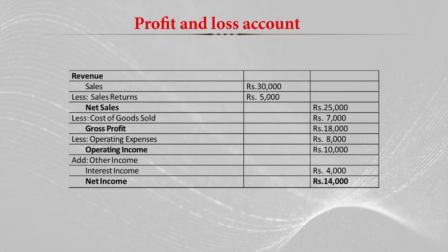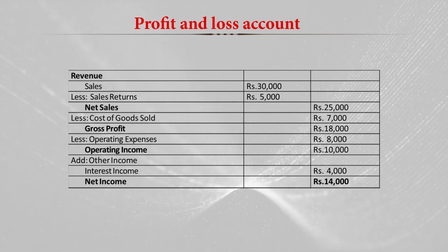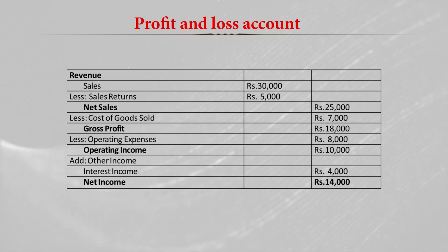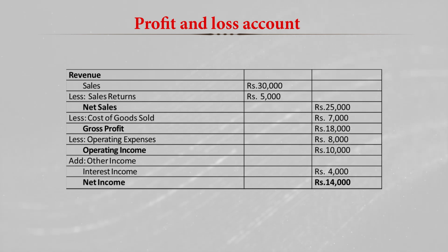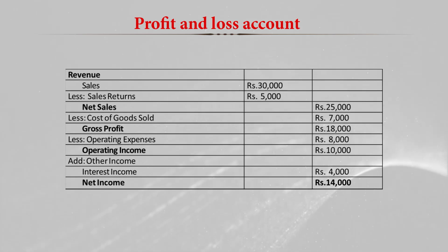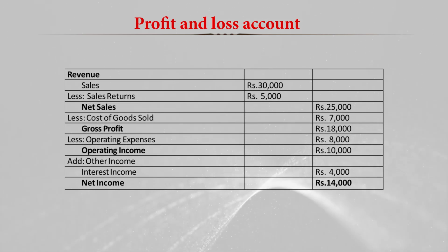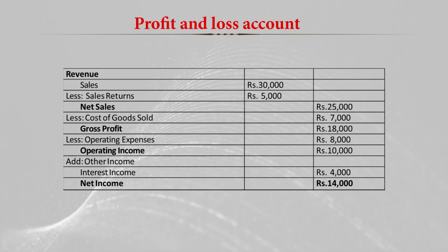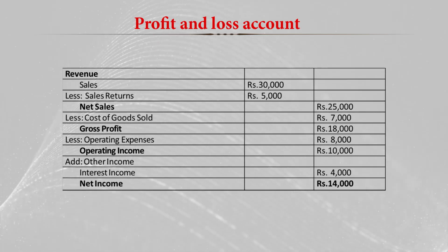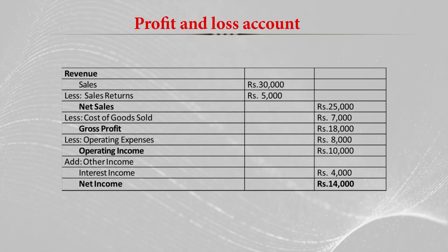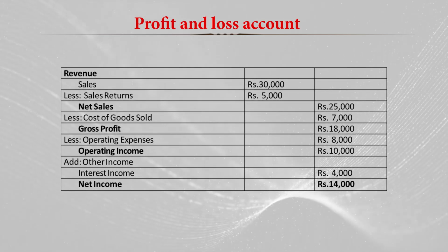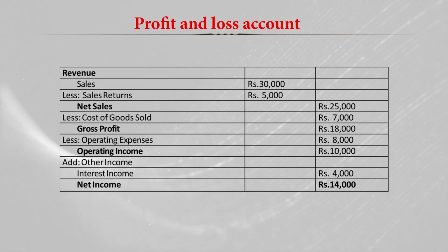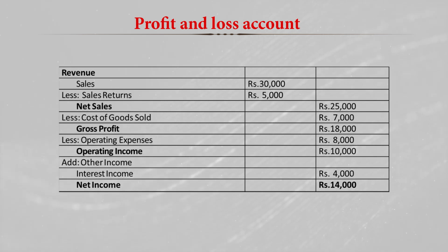Here, simply to understand, in revenue we have the sales revenue, that is 30,000, and then we have to minus the sales return, that is the goods sold but returned back to the company or firm. So we have to reduce that sales return, that is 5,000. So net sales is 25,000, and then the cost of goods sold is 7,000. So gross profit comes out to be 18,000 rupees, and then we have to minus the operating expenses, that is 8,000. So operating income comes out to be 10,000,